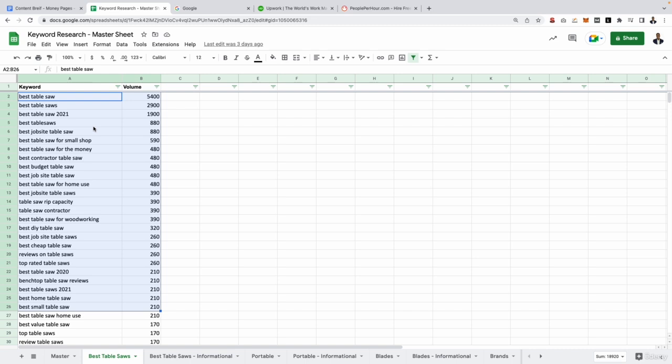You may just want to send them a message on whatever platform you hire them on as well, and just say, obviously ignore the ones that have the years in it, such as 2021, 2020. These are obviously all old keywords from previous years, but it's just to give them an idea that they definitely should be including the year when they write that content. So whether that's 2022 or 2023, they should be including that in the content they write.